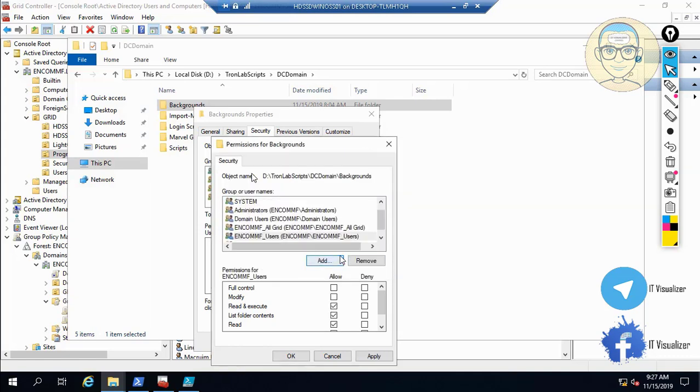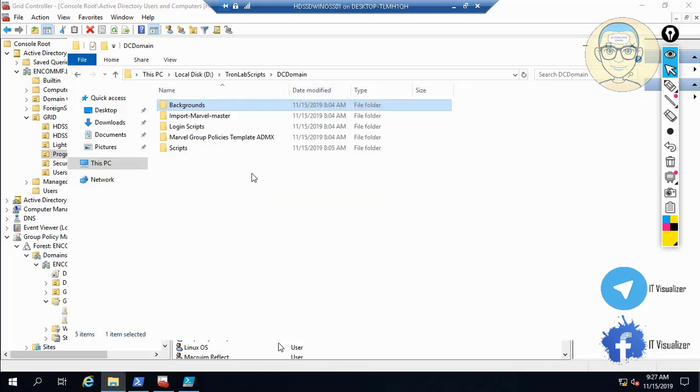So here, okay, we will add it. We will give them full control. So now we have shared the folder of backgrounds that will contain the registry keys that the login script will run. Okay,